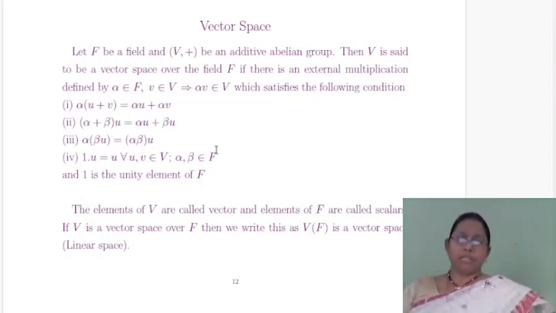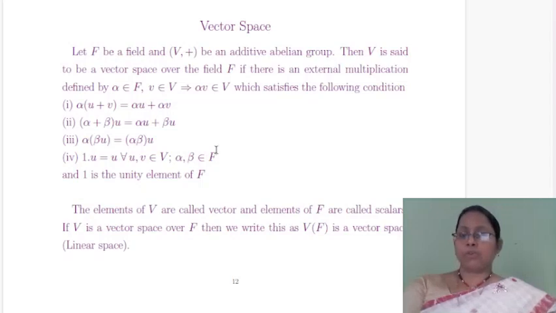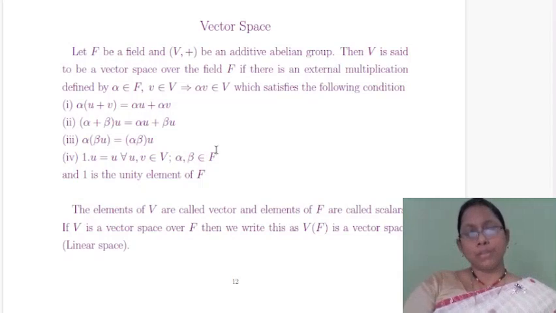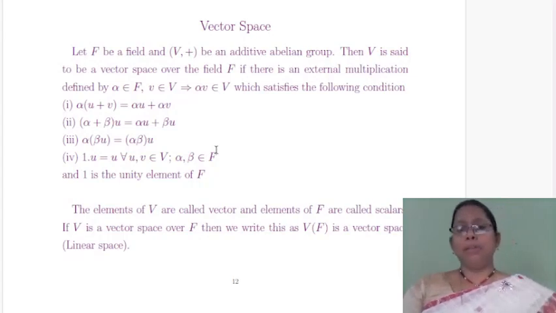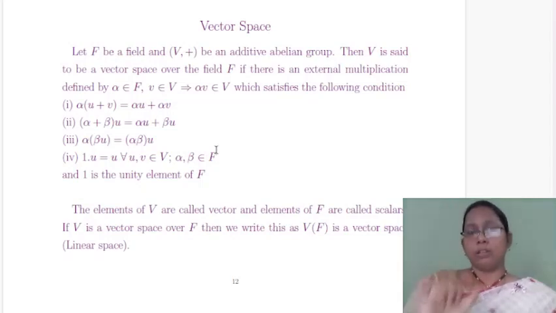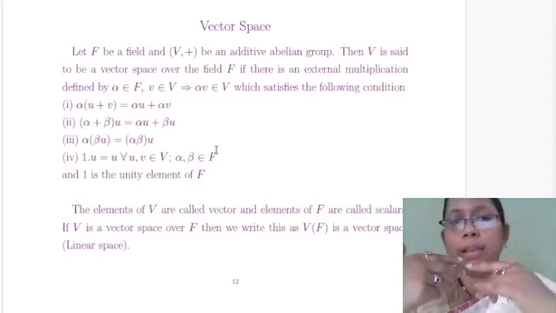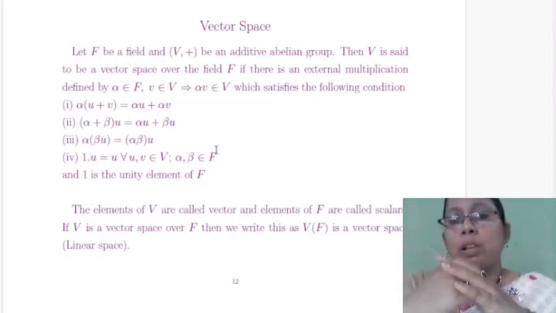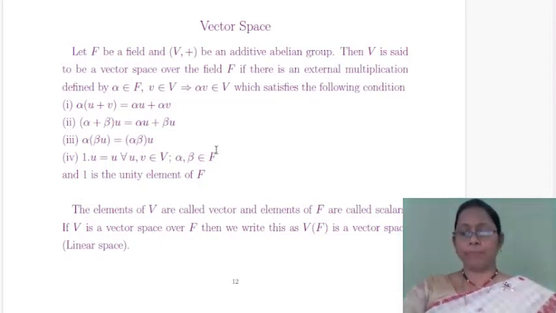This definition we usually give to honors level mathematics students. But in the case of an engineering background, we slightly change the definitions as they are not well aware of the technical terms such as field, group, ring, and abelian group. In that case, you should take F to be the set of all scalars and V be the set of all vectors.